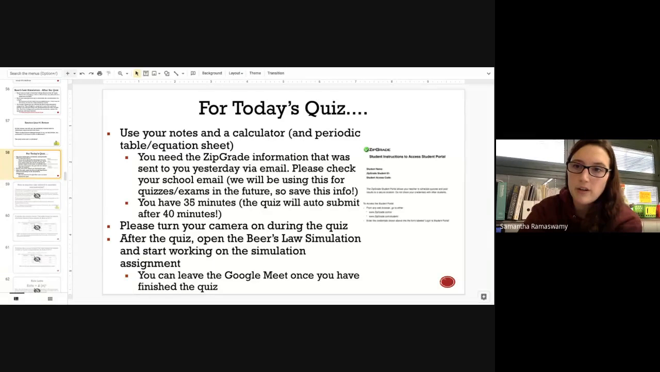So once you have your information for the quiz for ZipGrade, you can go ahead, just flip your camera on. You can use your notes, right? Calculator, but then you have 40 minutes for the quiz. So really by the end of class is the biggest thing. Right? And if you need that ZipGrade info, just send me a